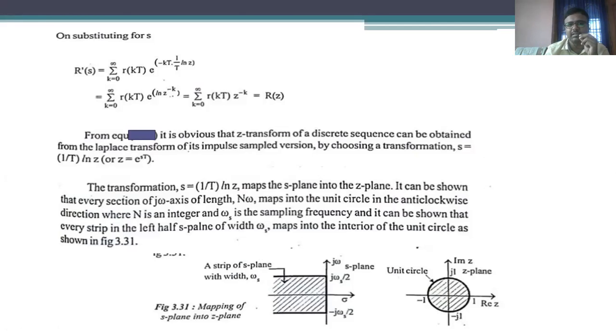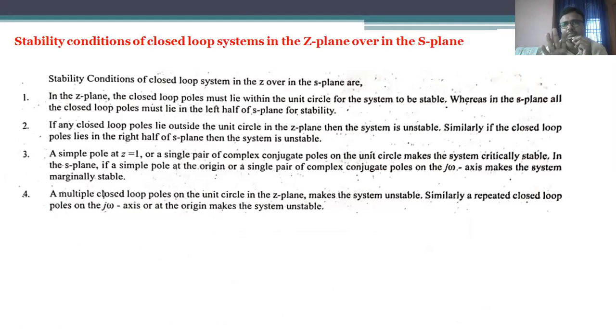Okay, this is the first topic of unit 4, and we have discussed the four stability conditions of a closed loop transfer function with respect to the z plane and S plane. In the next class we will discuss the second topic of unit 4. Once again, in unit 4 we have only four topics. One is the mapping of S plane and z plane, second is primary strips and complementary strips, the third is Routh stability criteria, and the fourth is Jury stability test. It is a simple and very small unit.